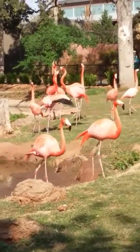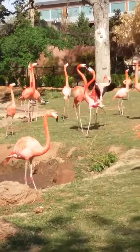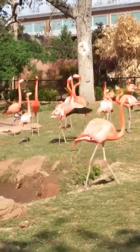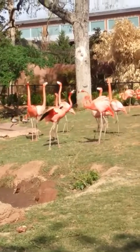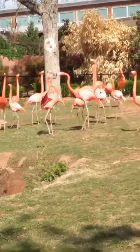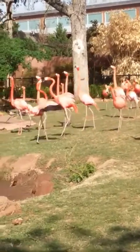Oh, look at that one. Look at there, look there. They're fighting. Oh my goodness. Is that a mating ritual? Is that a mating dance? Or are they just mad at each other? I don't know. But they're putting on quite...